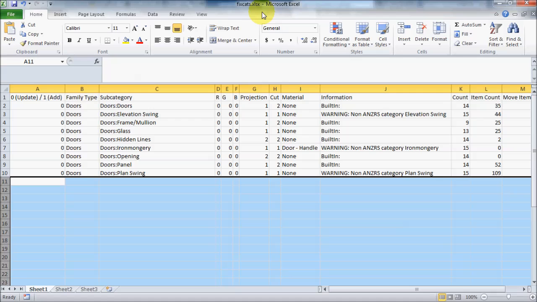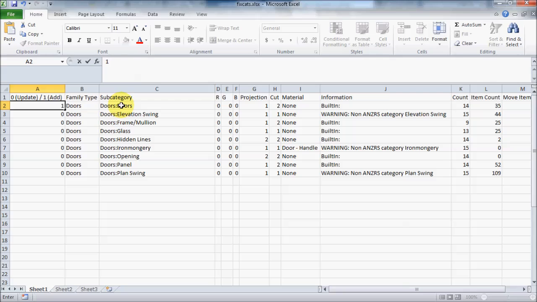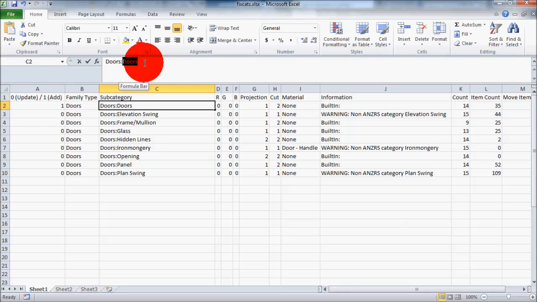There are a couple of other options worth mentioning at this point with our open file or category fixing file. In this first column we've got update and add. So currently we've only been updating categories, so if they exist then update them. We can however set any of these to a value of 1, so let's set this to a value of 1